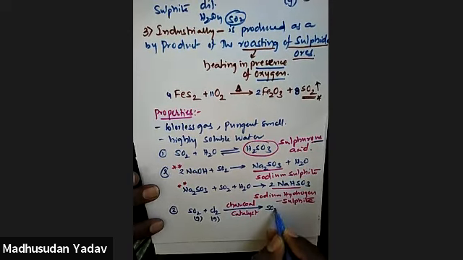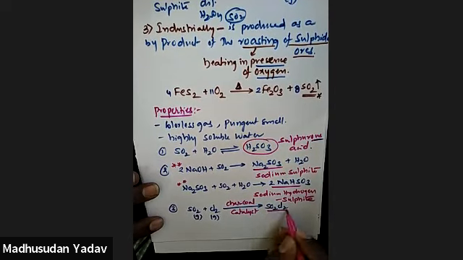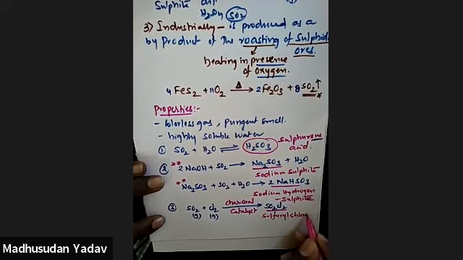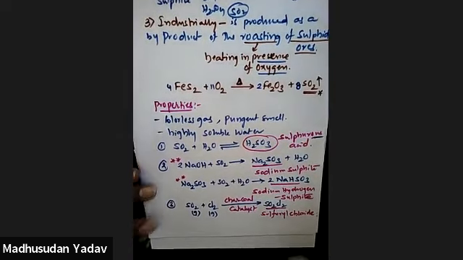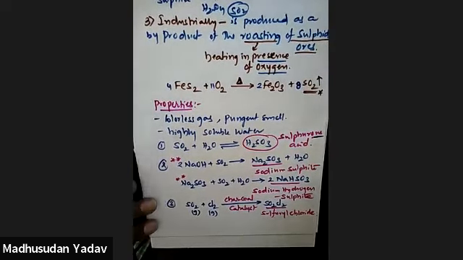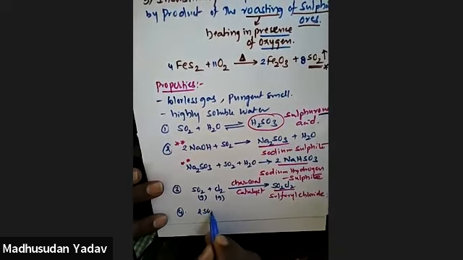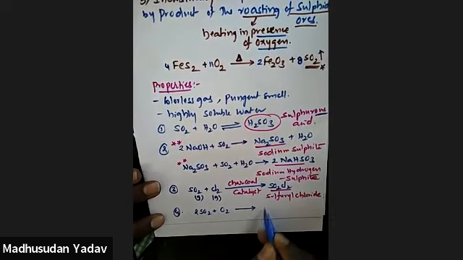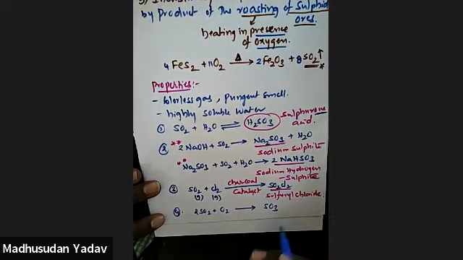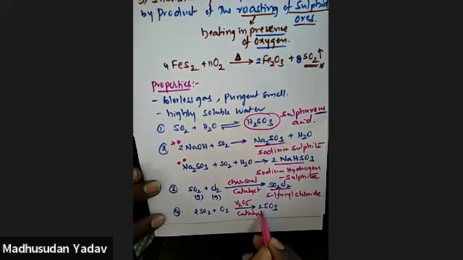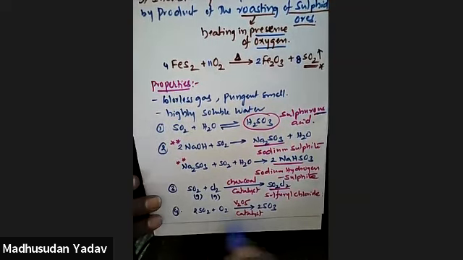So you will get sulfuryl chloride. What is the name of this compound? Sulfuryl chloride. Okay, so here charcoal is acting as a catalyst. And the fourth one, sulfur dioxide on reaction with oxygen gas, you will get sulfur trioxide, SO3, 2SO2 plus O2 gives 2SO3. Here, the catalyst used is vanadium pentoxide, V2O5. Okay, and here also all of them are gases.